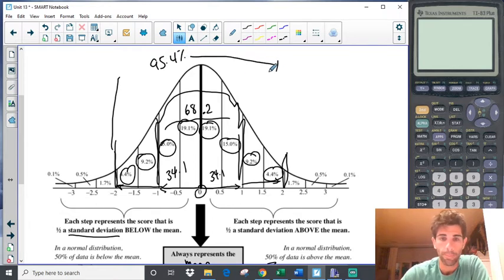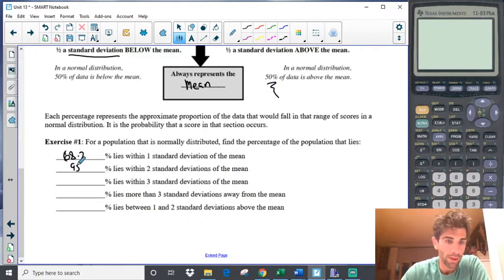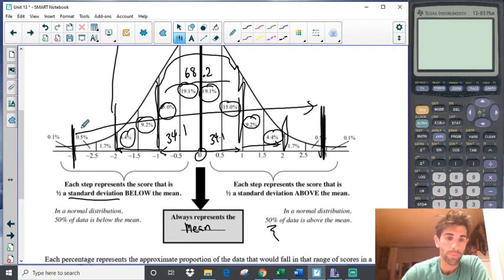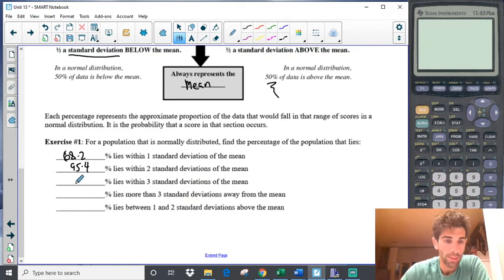95.4%. That's adding up, and if you look, that's pretty much almost everybody there. And now if you're going to go even further, you're going to represent three standard deviations. Well, three standard deviations is all of this above and below. So you're going to add up all of these numbers. Or if you want to make your life easier, just subtract the two that you're not using, which is 0.1 and 0.1. And that's going to be